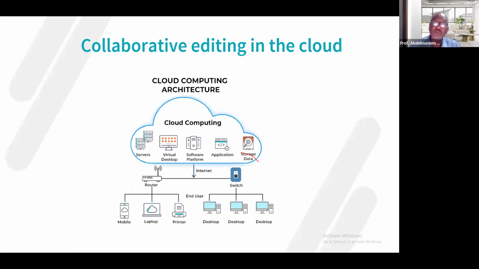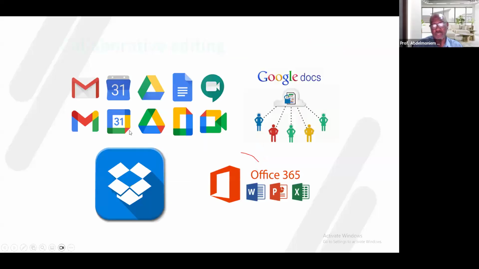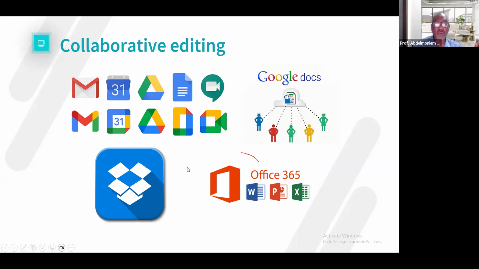Finally, we have something called collaborative editing in the cloud. Collaborative editing means working together. I'm not writing the manuscript on my own; we are four or five people working together. We can use cloud computing, and you know cloud computing. For example, we have Google Docs, Google Workspace, and so on. And we have Microsoft, where we can also work together. And then we have Dropbox. These are collaborative editing using cloud computing.